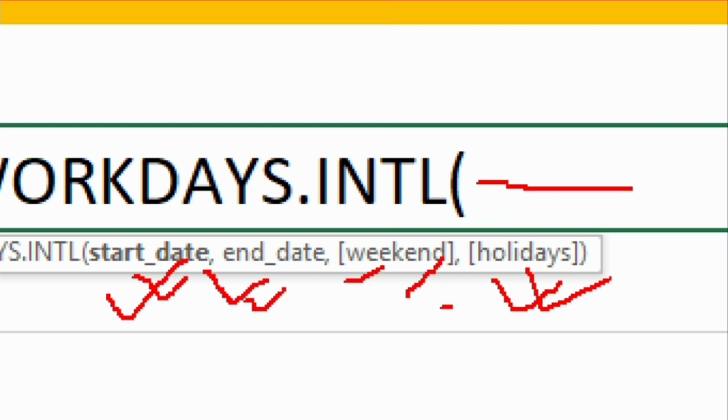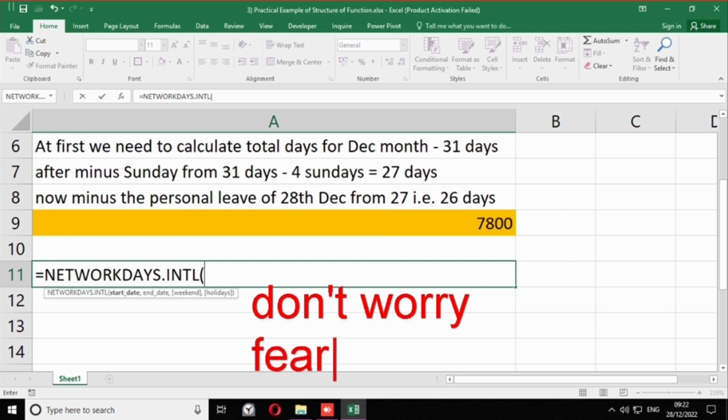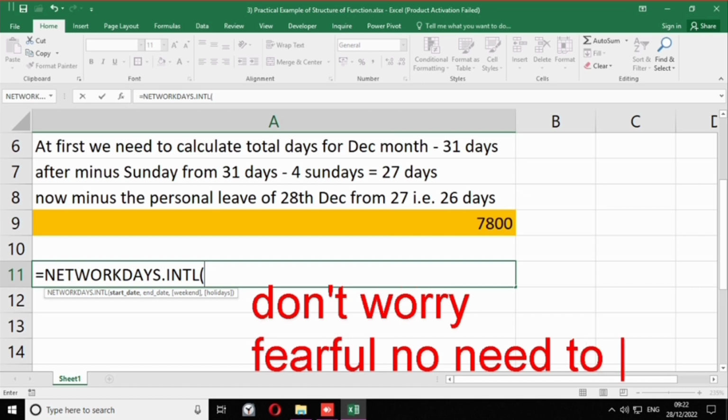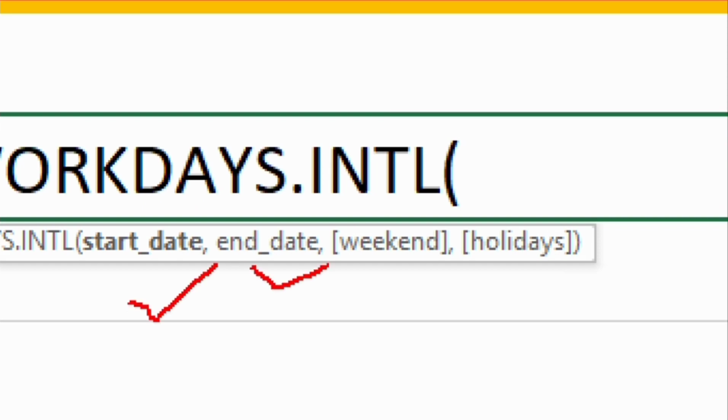There is no need to worry. Generally people get fearful about drafting any kind of function in Excel, but there is no need to be afraid, because these kinds of arguments are already provided by the function.